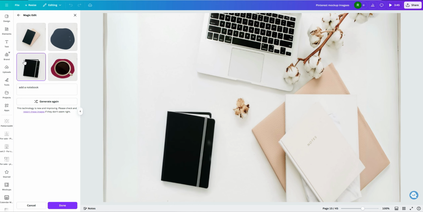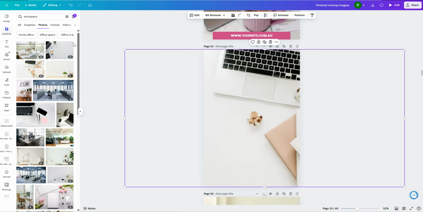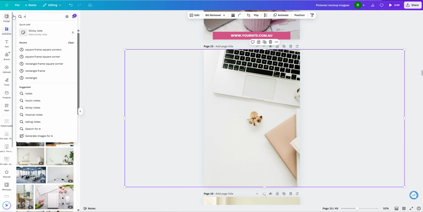The issue that I have with this one is it only gives me 4 image options, and I really thought that it would give you more. It's got all this dead space on the menu here. You think that they could add at least like 10 you could quickly scroll through. Otherwise, you have to keep clicking generate again, and I just don't think it's that amazing. I mean, it's there if you want it, but I would personally instead go back to the Elements menu, type in notebook,